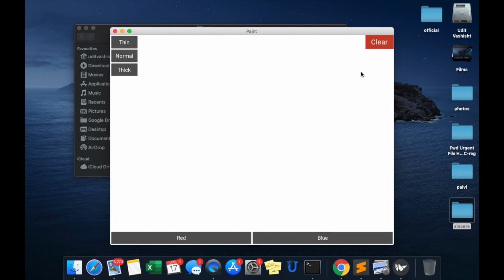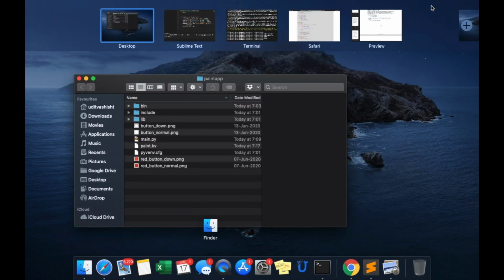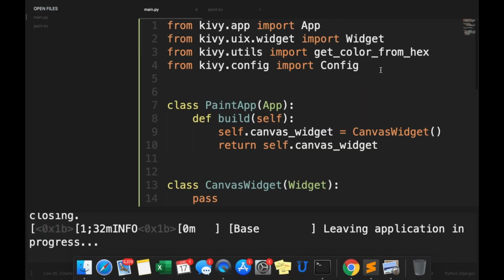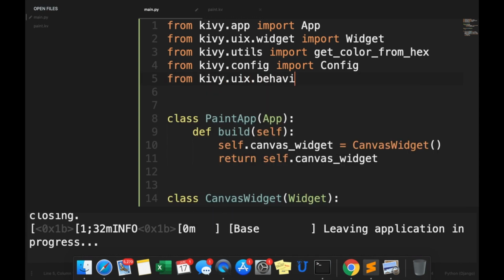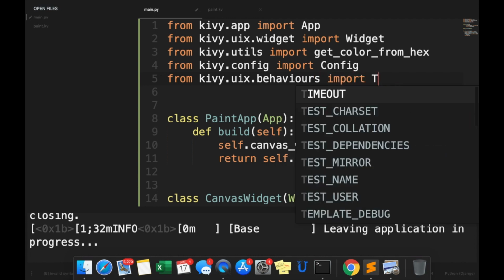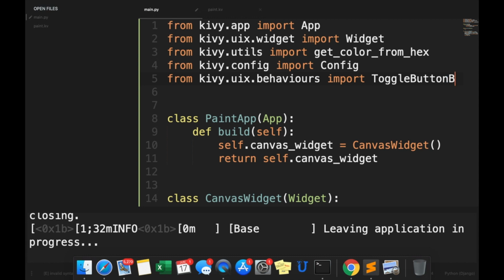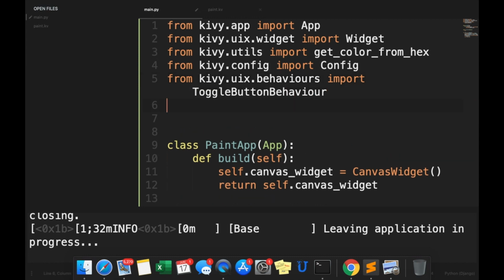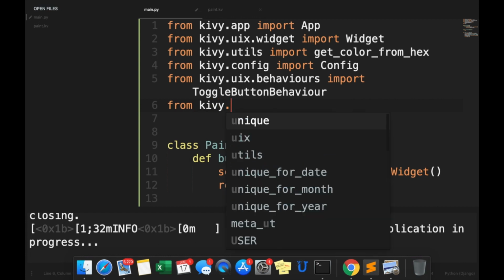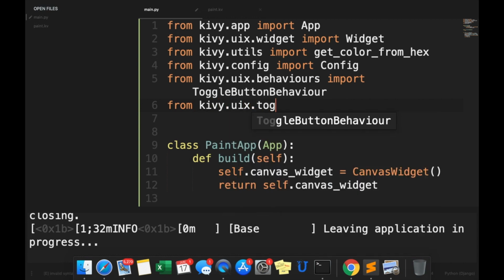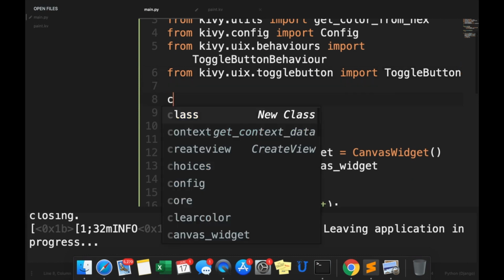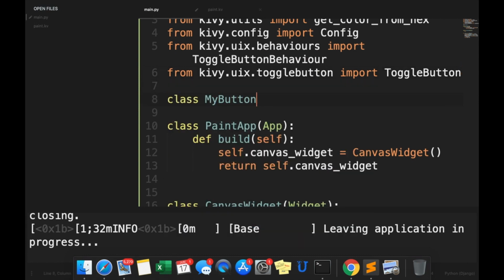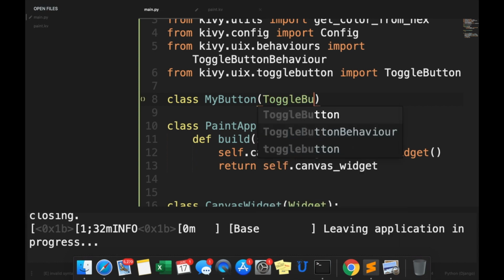So moving on to our code, let's close it and open our code again. So here we will be doing two imports. The first one would be from kivy.uix.behaviors import ToggleButtonBehavior, and then from kivy.uix.togglebutton import ToggleButton, and then we will create a new class MyButton which will inherit from ToggleButton,